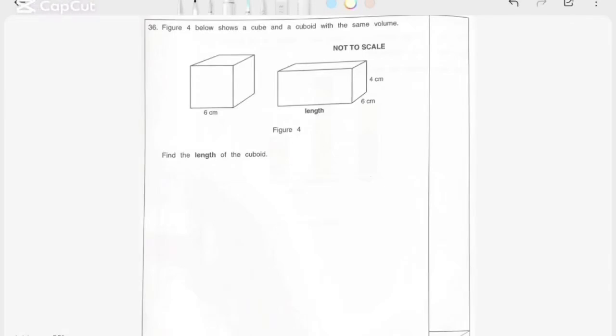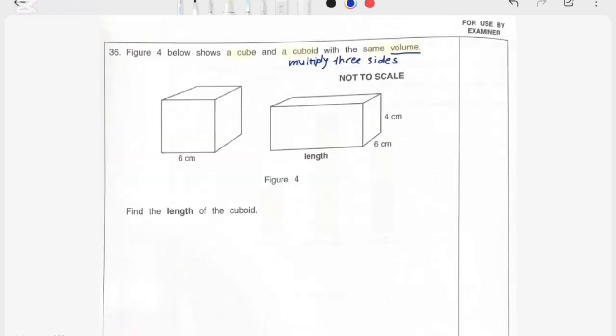Figure 4 below shows a cube and a cuboid with the same volume. Now just to recap what we learned during lessons, how do you find area? You multiply two sides. How do you find volume? You multiply three sides. Here we can find the volume of the cube even though only one side is shown,